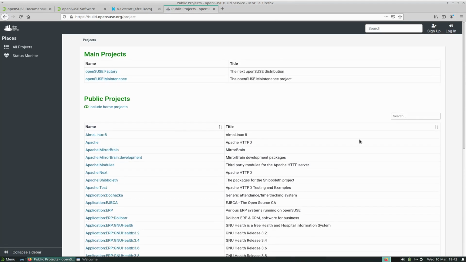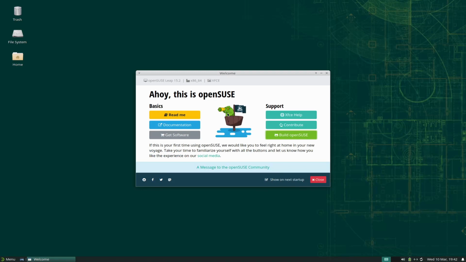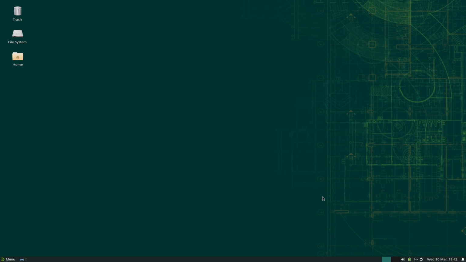Okay, so then we can close this, and then we have here on the bottom side the options where we can go to the channels of openSUSE. So then we close this and we go to the bottom side, and here we have the notification, and we can